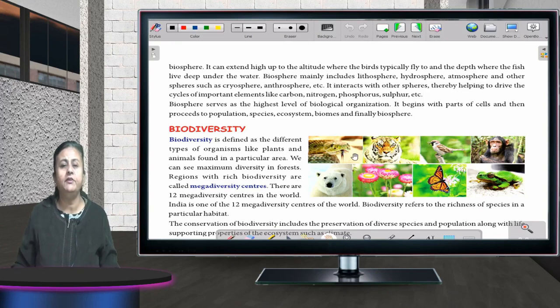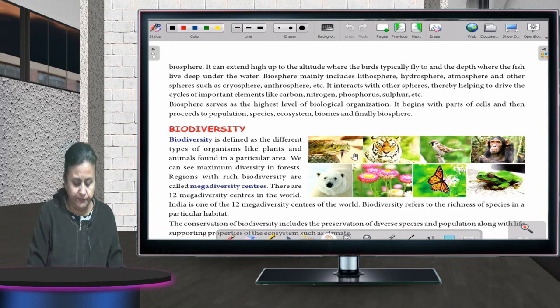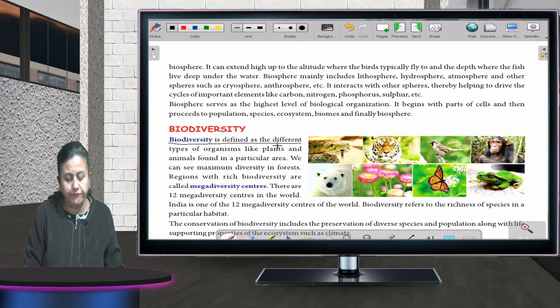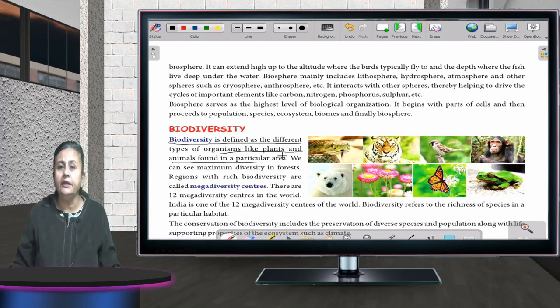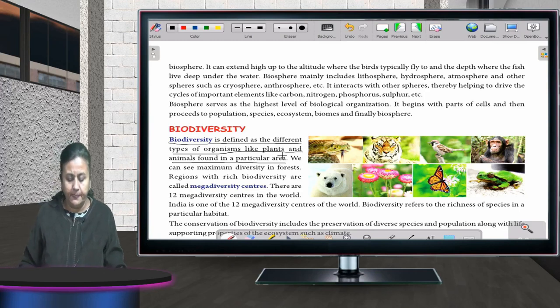Okay. Now we'll talk about biodiversity. What is biodiversity? Biodiversity is defined as different types of organisms like plants and animals found in a particular area. Okay, what is biodiversity? The plants and animals which are found in a particular area is known as biodiversity. Fine, children? Now,